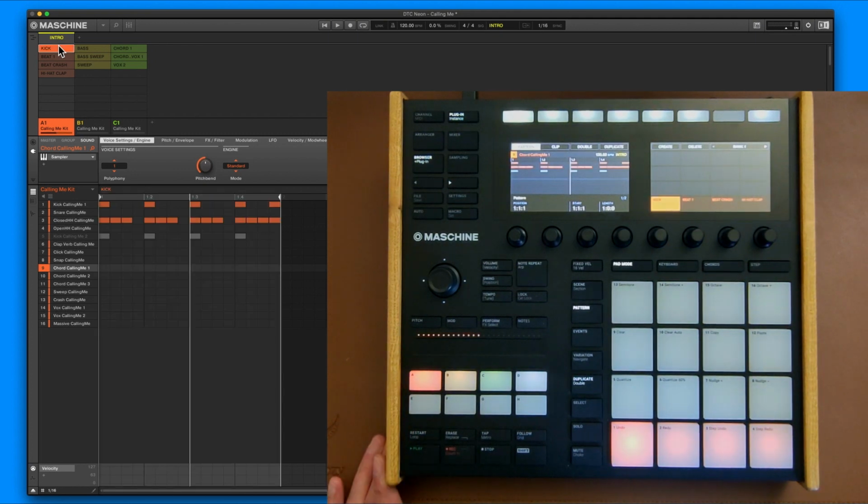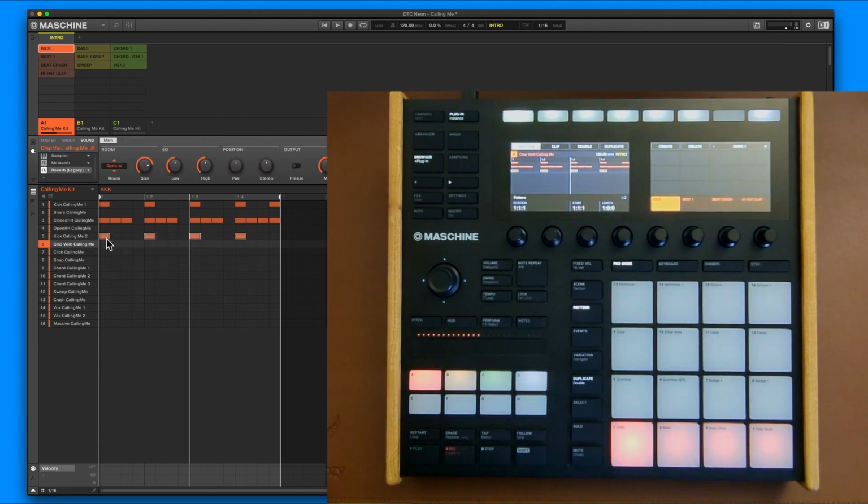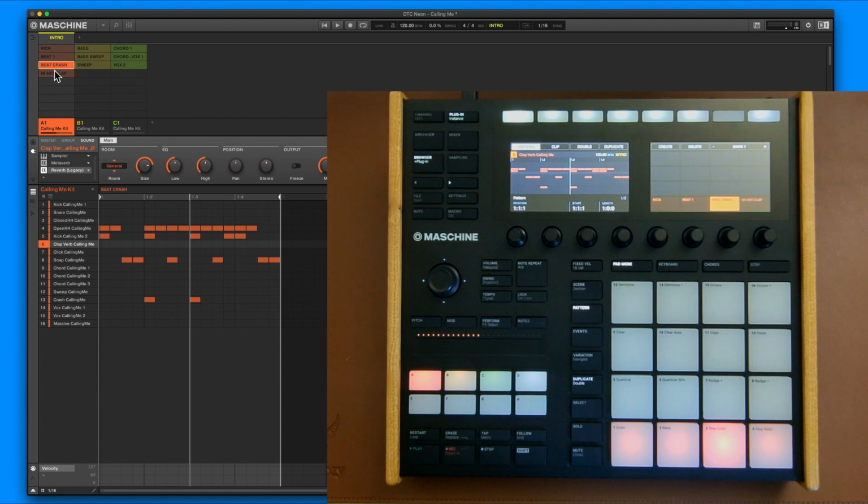Pattern 1 is a kick, and you can see I've got 2 instruments. I've actually muted this because I've got an alternative kick, so that's grayed out. But if I didn't want it, I can just delete that. So I've got a kick and a closed hi-hat, and I've just called that kick, and it's a good idea to get into naming your patterns because it becomes more relevant later on when you're creating songs